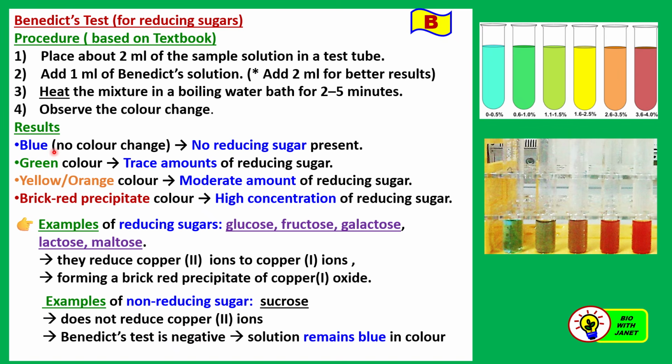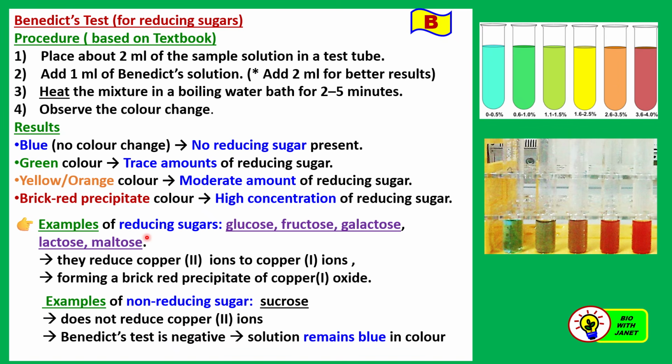Now, results. If blue, that means no color change, no reducing sugar present, like this one here, right? Now, if it's green color or orange, yellow or orange, there are some amounts of reducing sugar. And of course, if it's brick red precipitate, it means there's a higher concentration of reducing sugar. All right? So even a green color or yellow or orange color is a positive result for presence of reducing